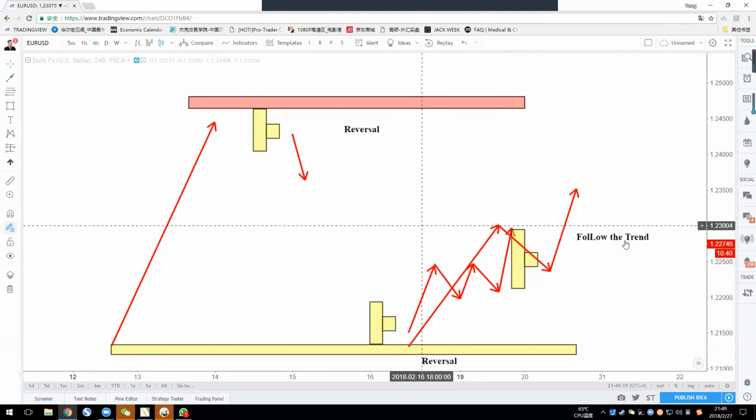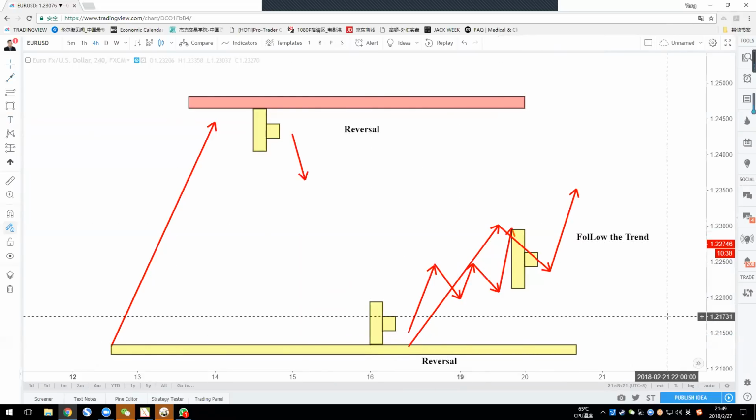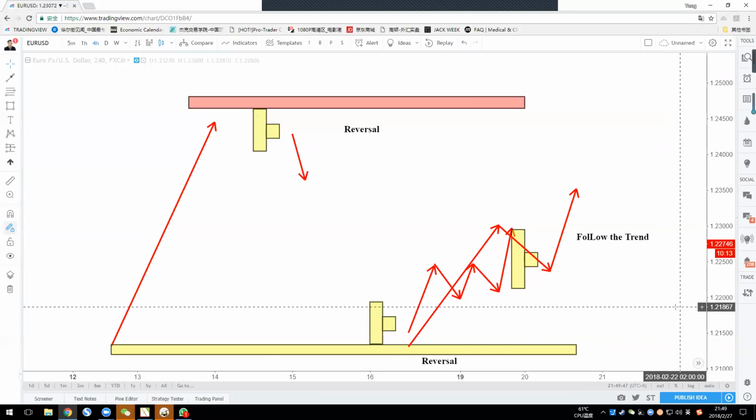All right, so this is the whole thing about the inside bar. Okay, I think I have made it very, very clear for all of you guys. You really should take a very good review of this strategy and take a lot of examples. Repeat the market in the past, find a lot of inside bars which are successful and non-successful, and you find out the rules for yourself.